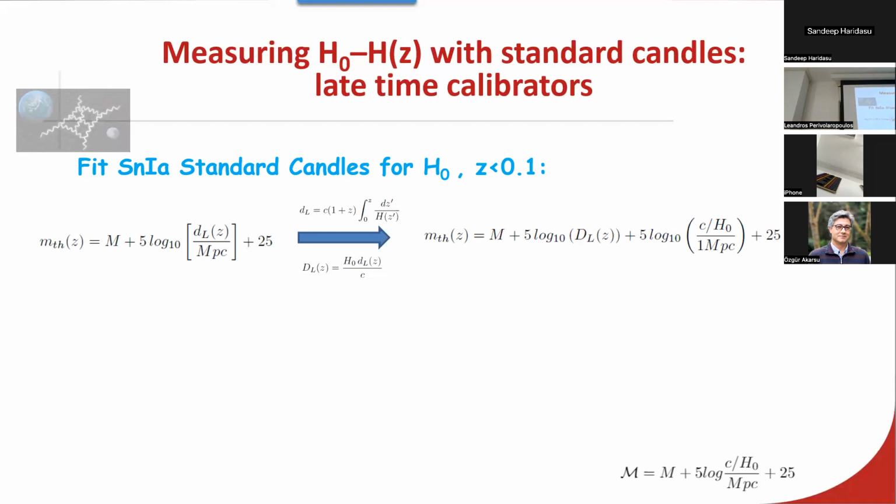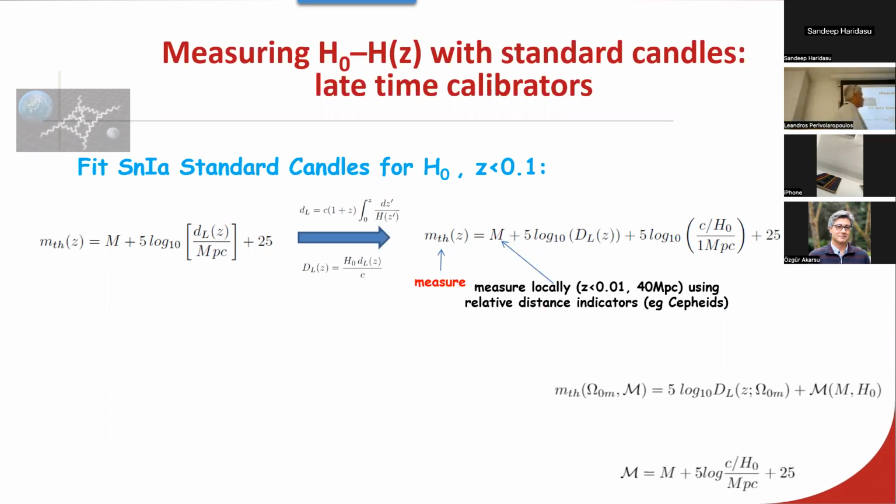And we see there's a degeneracy between M and H naught. It's a new parameter here, which is what can be measured, the parameter which connects the two, the value we're going to find. So this can be written in this way. This is the measured part. This is the parameters to fit, and this is the two constants combined in a single constant. Since it's a constant, these are degenerate in a single constant. And so we measure this locally from the Cepheids, and then we actually infer this